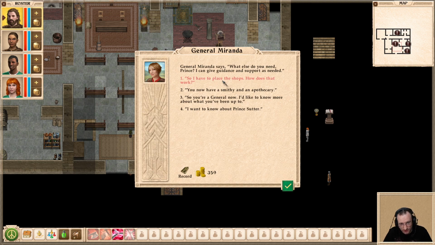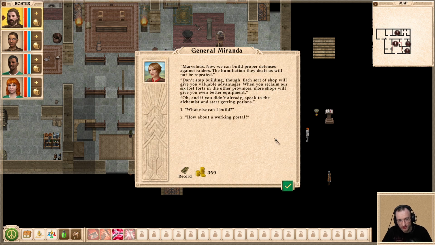So I have to place the shops. I have a smithy and an apothecary. Marvelous. Now we can build proper defenses against raiders. The humiliation they dealt us will not be repeated. Don't stop building though. Each sort of shop will give you valuable advantages. When you reclaim our 6 lost forts in the other provinces, more shops will give you even better equipment. Oh, and if you didn't already speak to the alchemists...